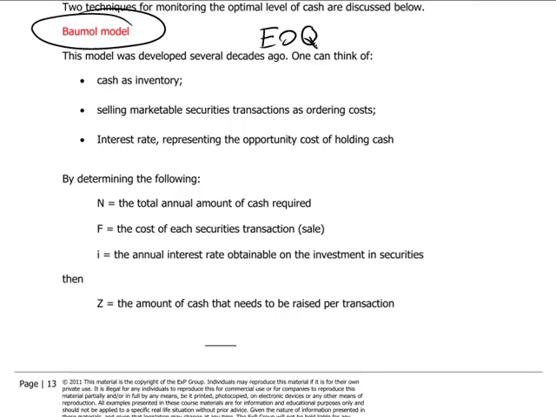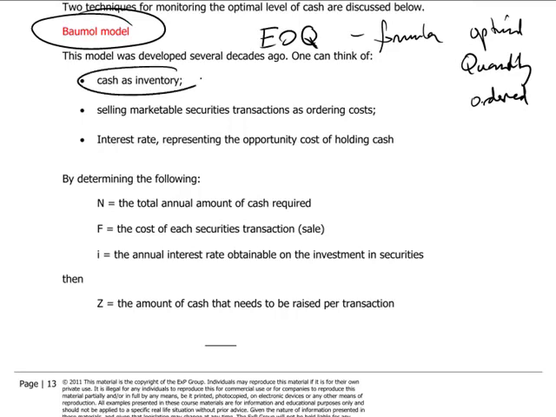If the candidate can remind himself or herself of the formula that was used in connection with determining the optimal quantity of materials to be ordered, the economic order quantity, the Baumol model follows that kind of thinking and looks at cash as sort of like inventory, and therefore